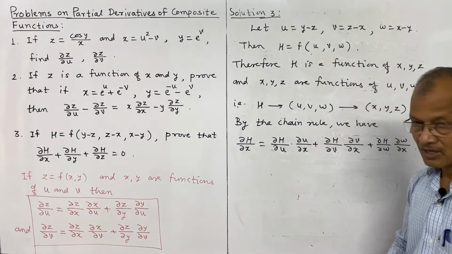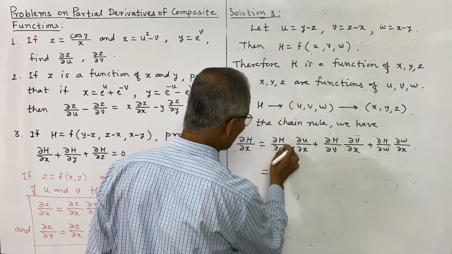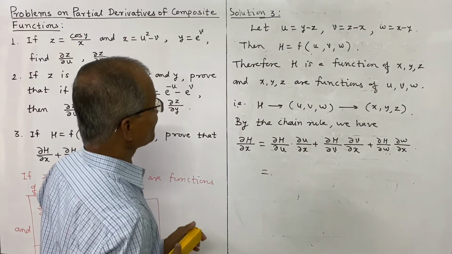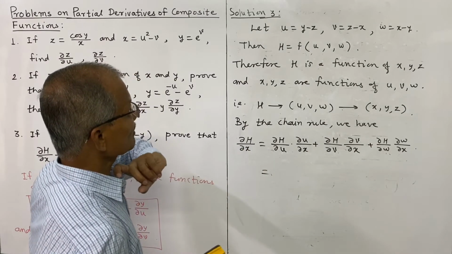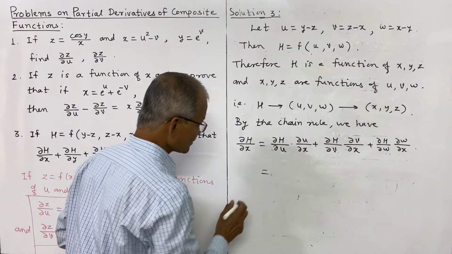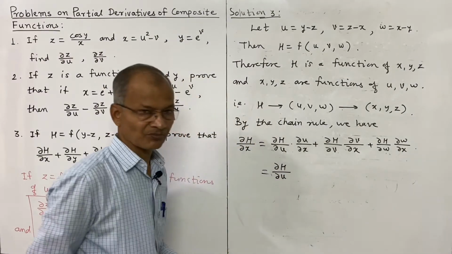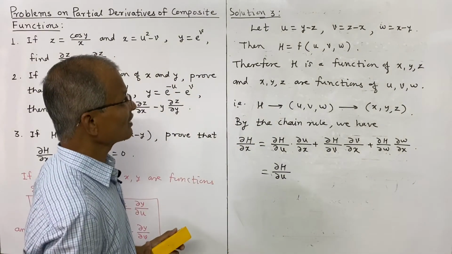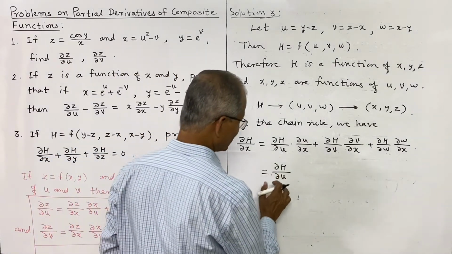First evaluate this. So this is equal to dou h by dou u. Now you see this we shall keep as it is, because what is h? H is function of u, v and w that is given. So I shall keep this as it is. The exact expression is not given. What type of function is not given? Only it is function of u, v, w, and therefore it remains as it is.